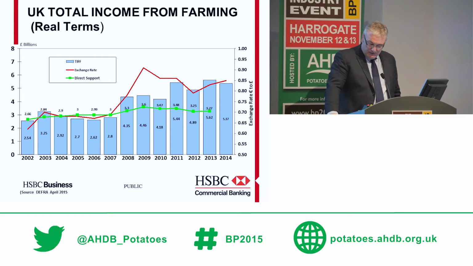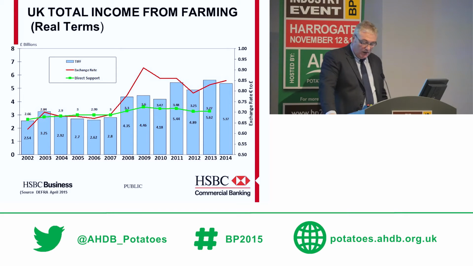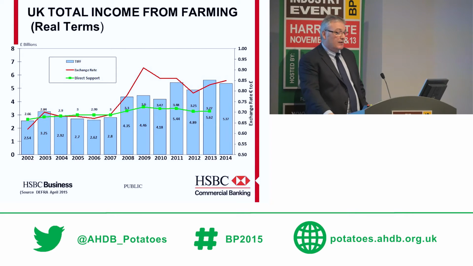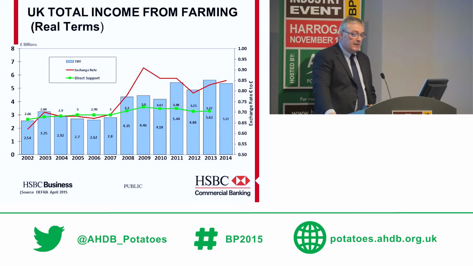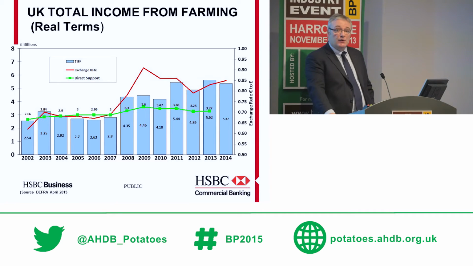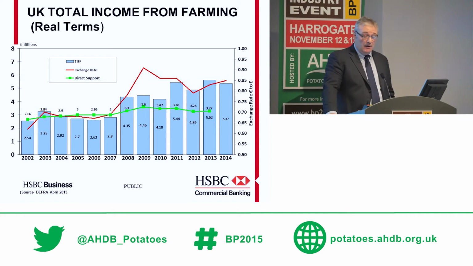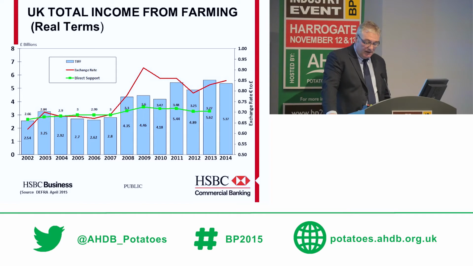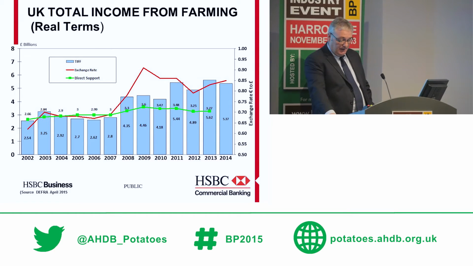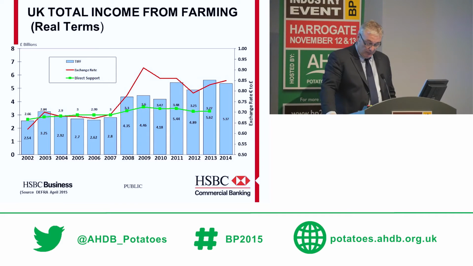With an exchange rate of 73 pence, total income from farming may fall somewhat. And the reason why I say that is that the main reason why I want you to look at this is the red line, which is the sterling-euro exchange rate over that time. And there's a great correlation between sterling-euro exchange rate and the returns to agriculture. So therefore, only reinforcing what Neil was saying, that exchange rates will have an impact on the returns to agriculture